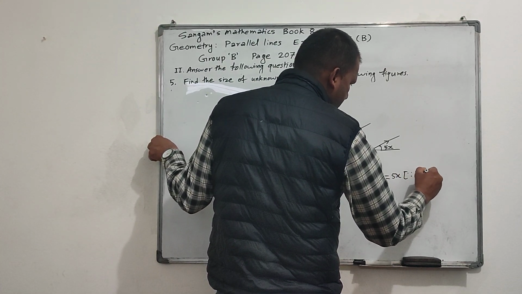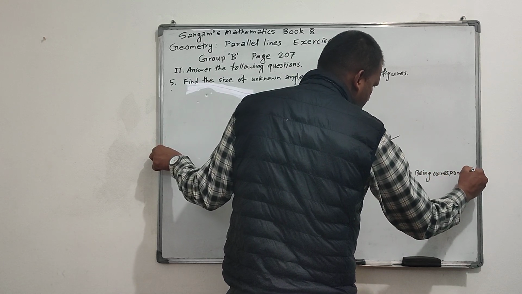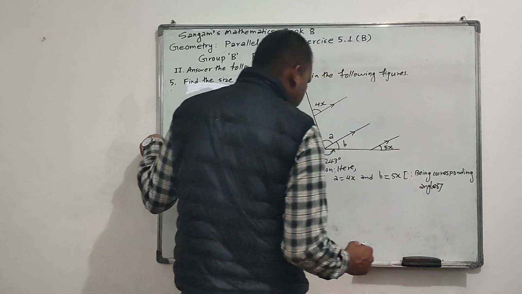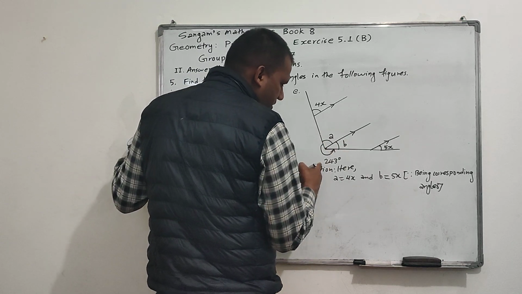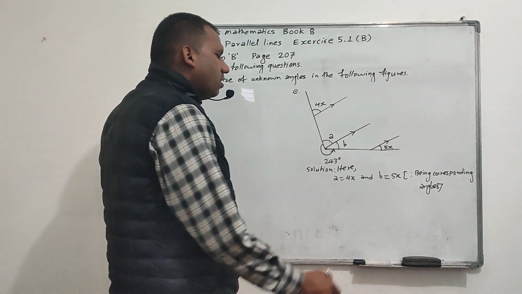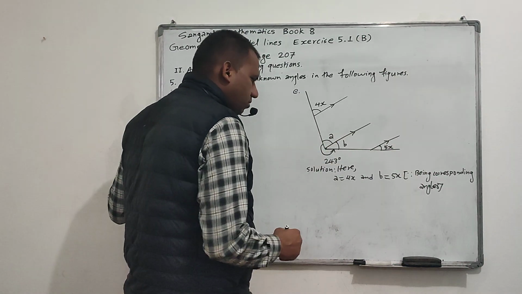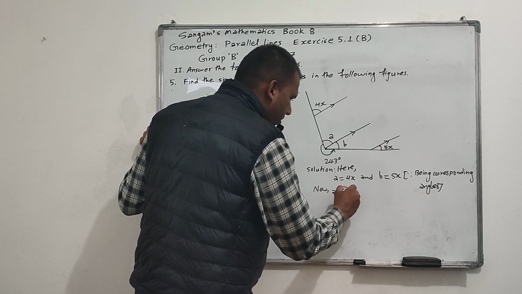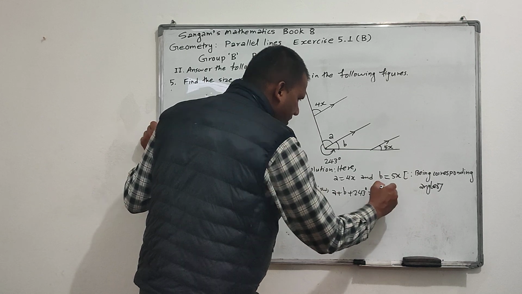because being corresponding angles. After this, at this point, here are three angles A, B and 243, the reflex angle 243. Here the sum makes a complete turn or complete angle, that is 360. So we can write now A plus B plus 243 degree equal to 360 degree,